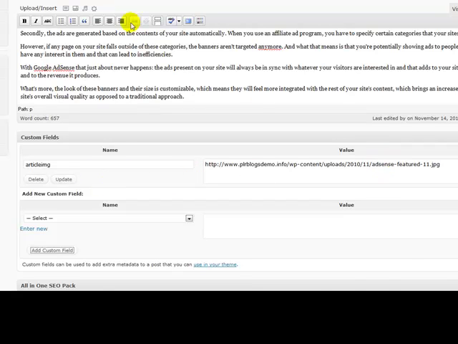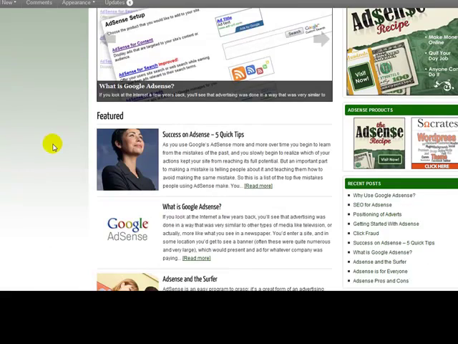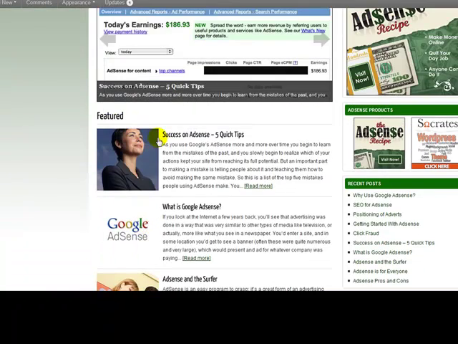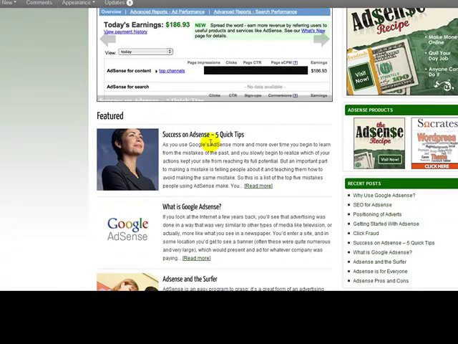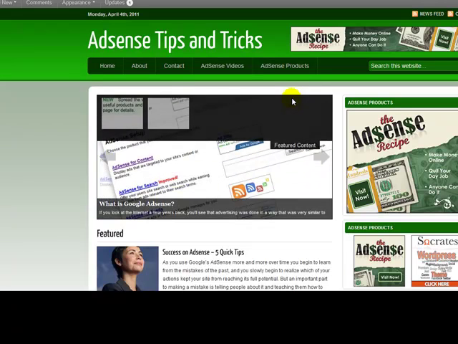Okay, so even though this image is a duplicate of one of these images, I've just added a third slider image because it's article IMG and the URL. I could click update. Now this particular post, why use Google AdSense, that particular post isn't even on this home page. Only these 5 posts with thumbnail images appear on this home page under the featured category, which I'll get into as well. However, you can see here recent posts, why use Google AdSense. Once again, that doesn't have a thumbnail image. However, you're going to see if you click this featured content,